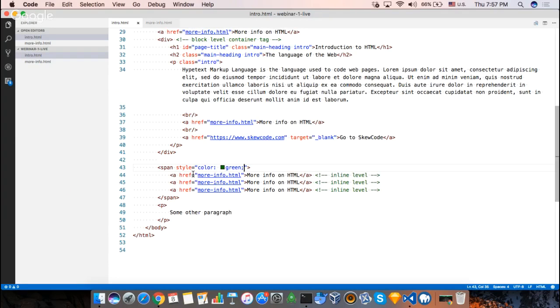Okay, so the thing is, I'm not going to go into so much depth, but there's something known as inheritance, and there is some color that's defined on your anchor tag itself. So this won't work. Okay, this won't work for an anchor tag. It will work for other things. So what you can do